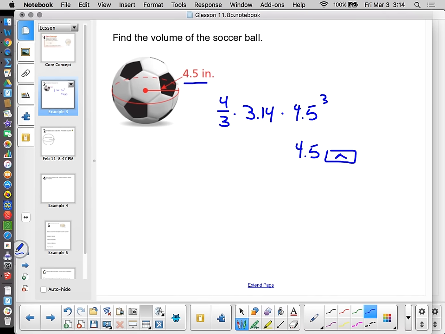That's the exponential key. So if we're going to do that, make sure you find that on the TIs. That's just to the left above the x squared button. So 4.5 and then to the third power. That's how I do that. That's 91.125. And then multiply that by 3.14. Then multiply that by 4 and divide by 3. And I get 381.51